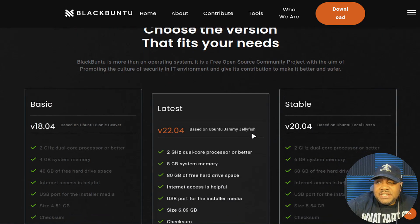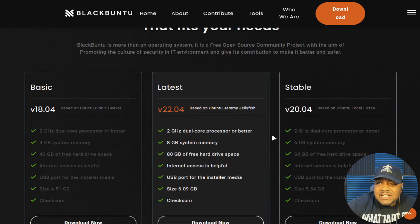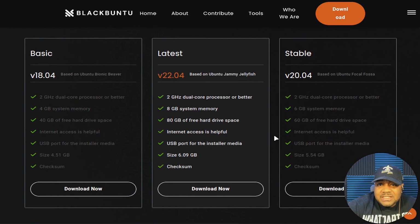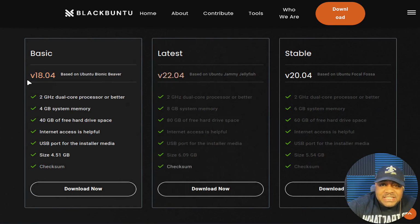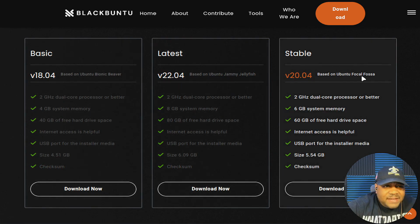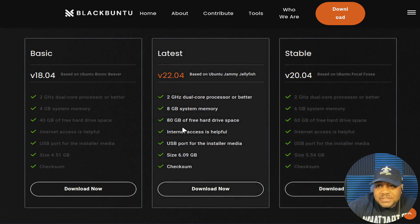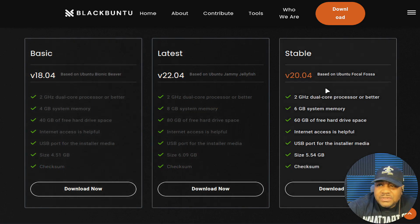And then also, this is what I wanted to show you guys, the different versions. Like I said, it follows the release model of Ubuntu. So currently the base out there is version 18.04. It's based on Ubuntu Bionic Beaver, which was the 18.04 long-term supported release. And the stable version, they do have 20.04, which I totally missed, but that is the stable version. Now the latest version is 22.04, which I'll go on and get installed, and all these are long-term supported releases,